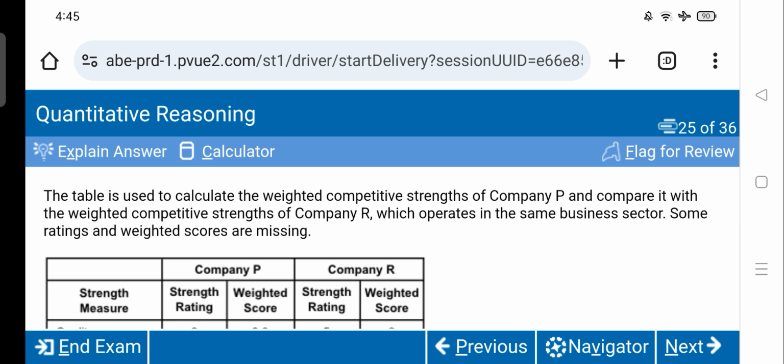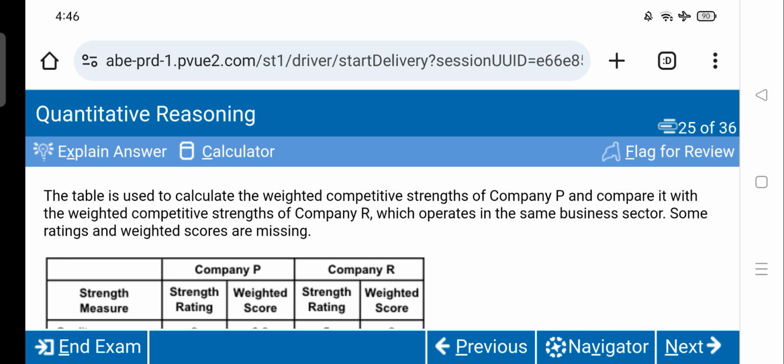We have completed our first section of quantitative reasoning. This is the second one. We will complete it today and start the next third section. So without any further delay, let's start our question number 25 of section 2, quantitative reasoning,